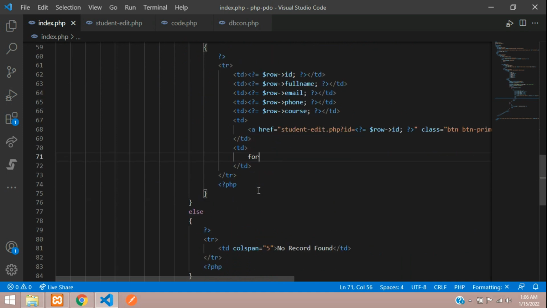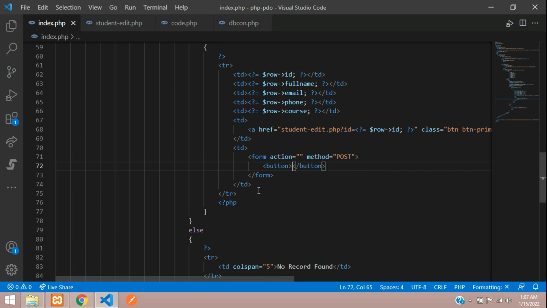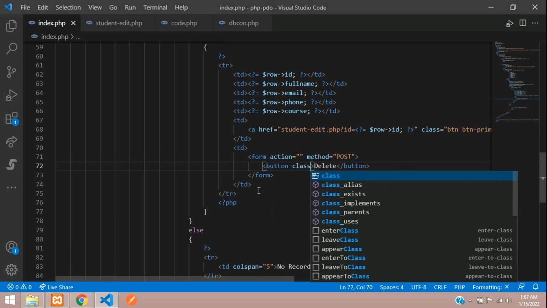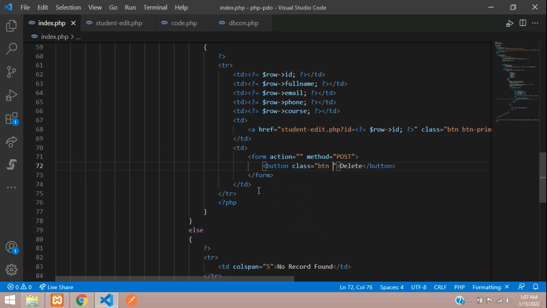Here I am going to begin with the form with the method equal to post, and inside this a simple button that will be delete, and let's design this button danger, and its button type is equal to submit, name is equal to delete